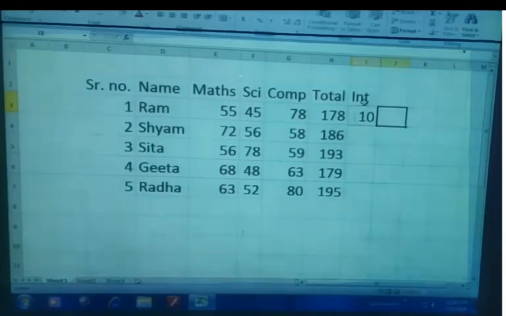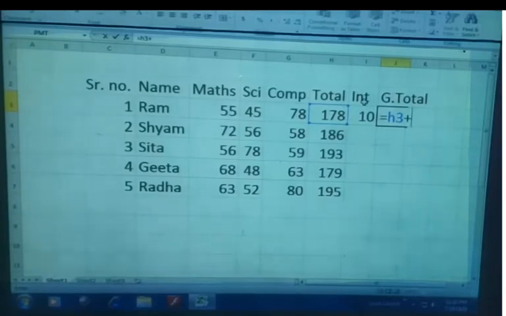So let's perform it practically. H3 where our total is stored, and then you want to add the value of H3 with I3. So let me make I3 cell as a constant cell reference. Here I am instructing Excel to keep cell reference I3 constant in the formula as a copy to the destination area. So I'm making it constant.